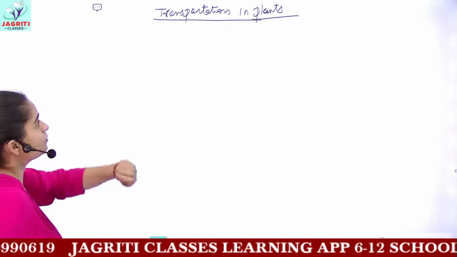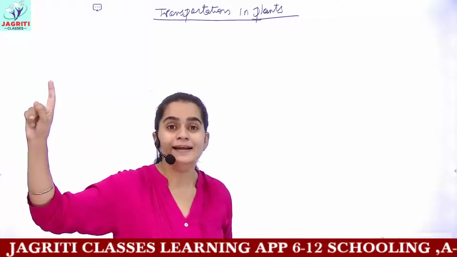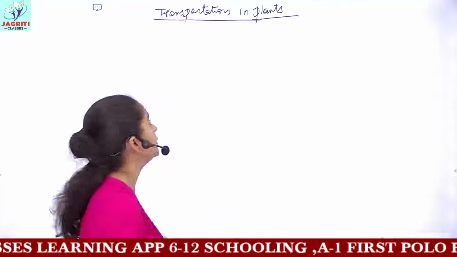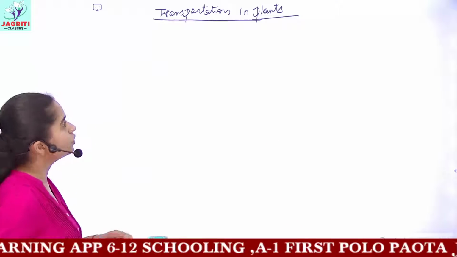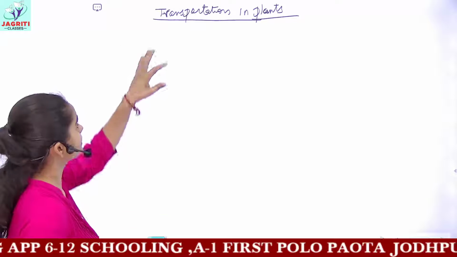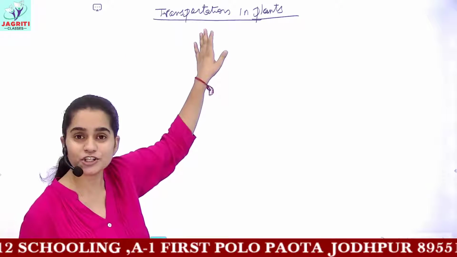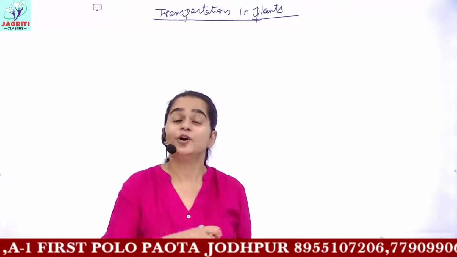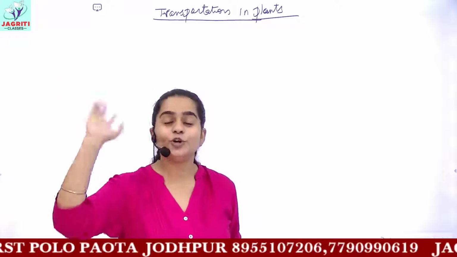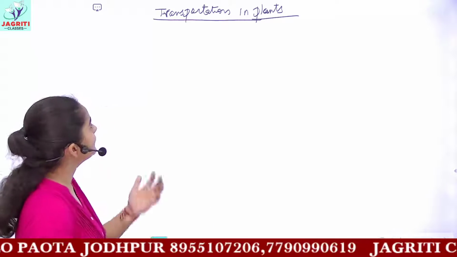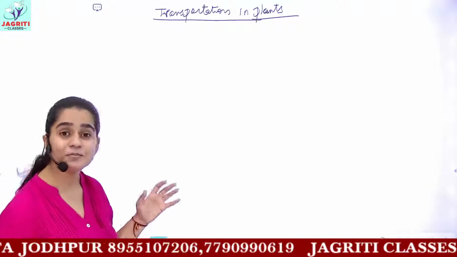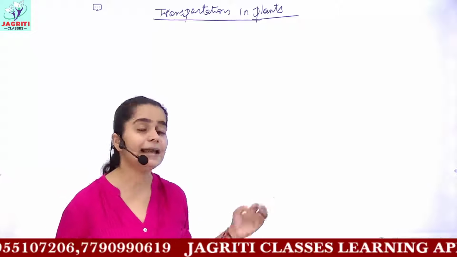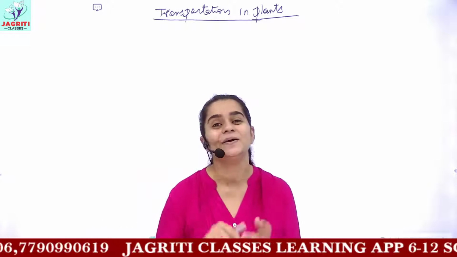In transportation of plants, we will be covering transportation of water and transportation of complex food, that is glucose, sucrose, carbohydrates. I already told you, so now I am not making a flow chart. We discussed that xylem tissue is responsible for transportation of water, phloem is responsible for transportation of food. Then we said that the transport of water done by xylem is unidirectional, and the transport undertaken by phloem is multidirectional or bidirectional.